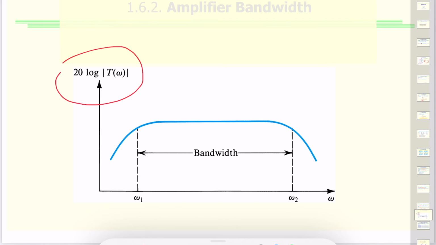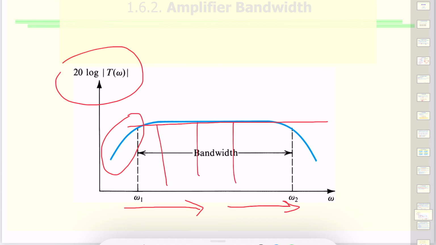Now, what does it tell us? When we are going over a frequency range, some signals would be getting attenuated, and then there would be a range over which the response is flat, right? So we are getting equal